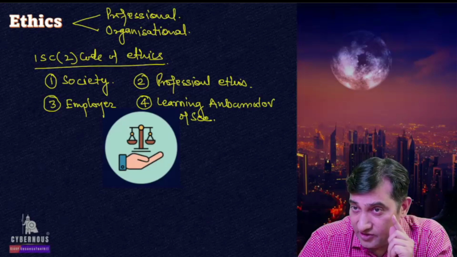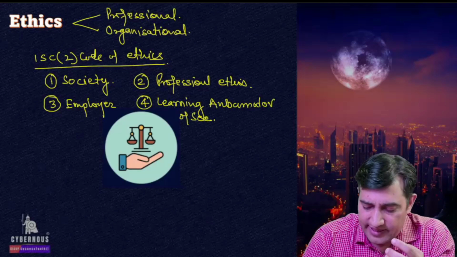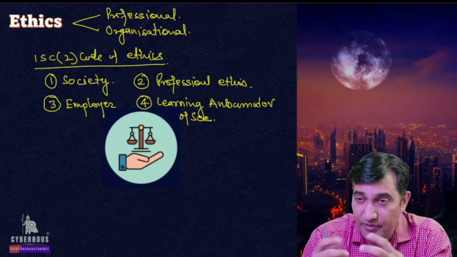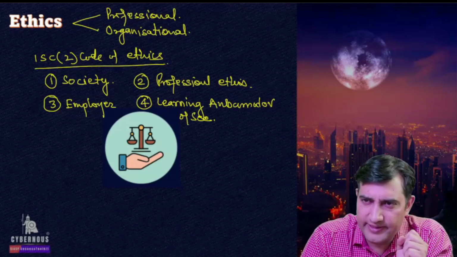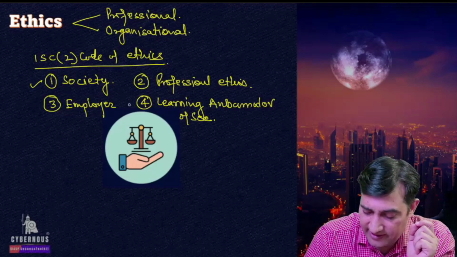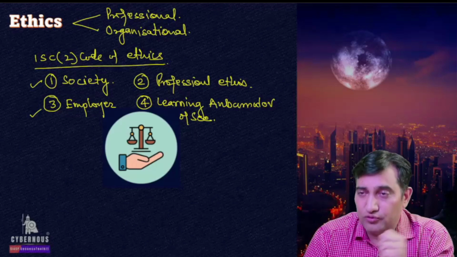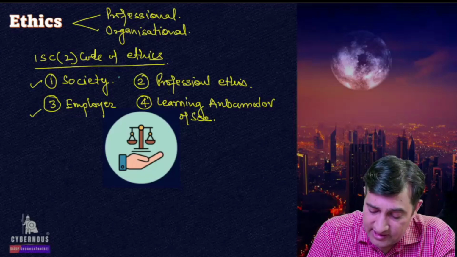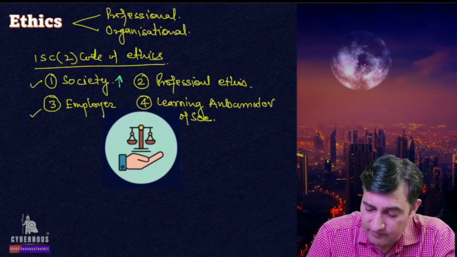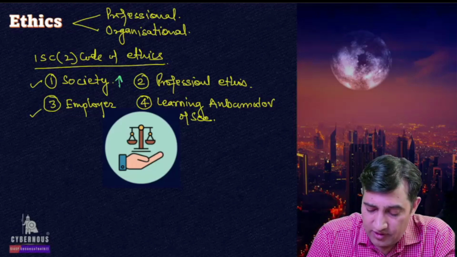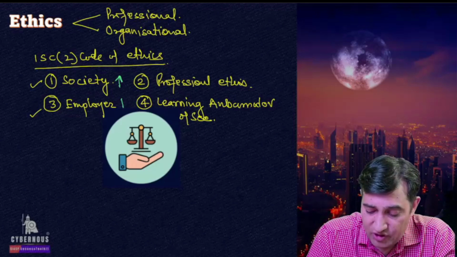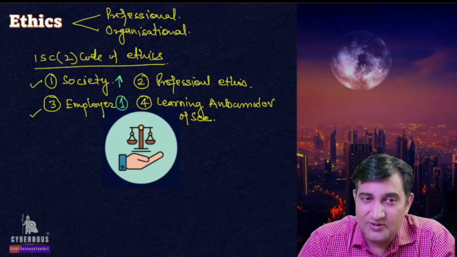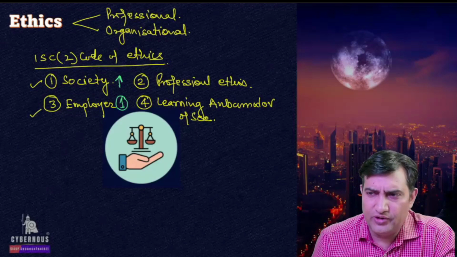Now, here is a golden tip for you. Let's say there is a scenario in the exam which involves a breach of, let's say, 2 codes of ethics, for example ethics number 1 and ethics number 3. What should be your takeaway in that case? Please understand that these codes of ethics are put in some form of priority. So number 1 has to be given more priority than numbers 2, 3, and 4, and accordingly you can take a decision in the exam. So I think these are the major things you need to understand.